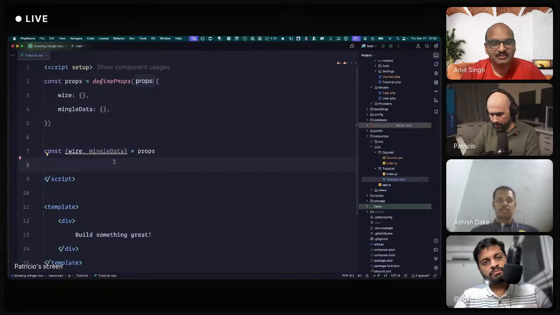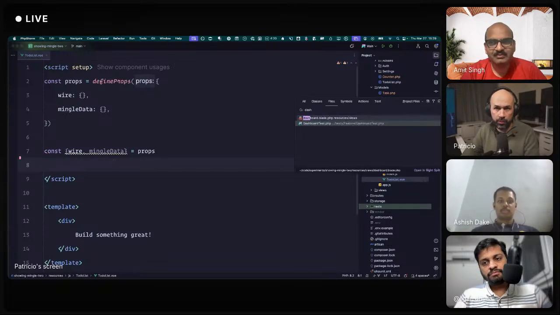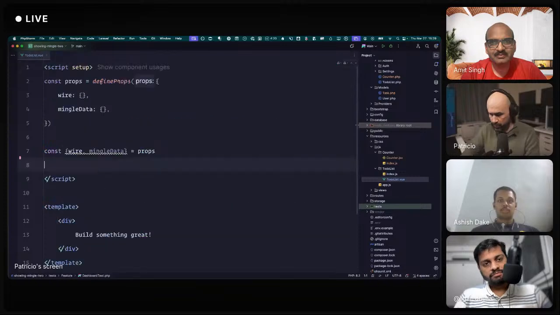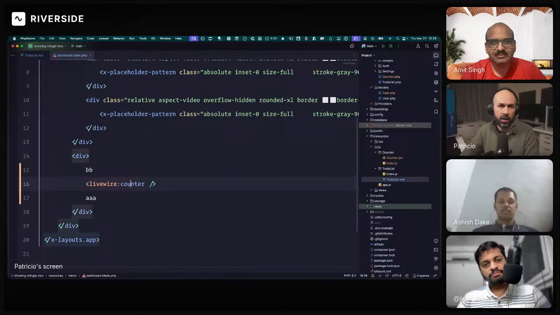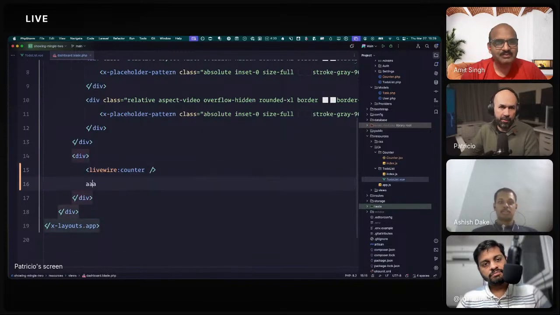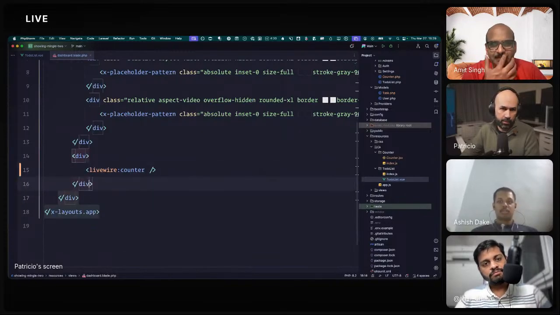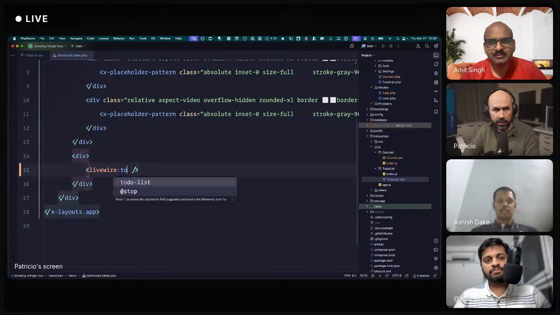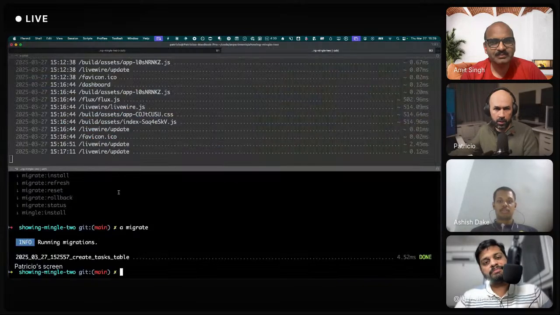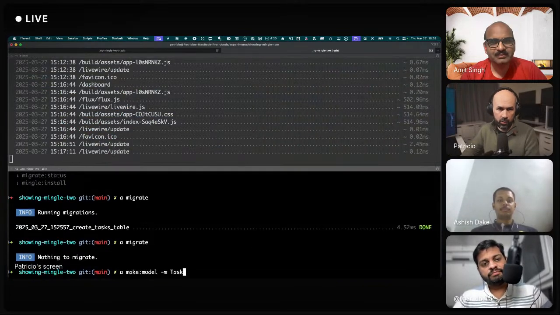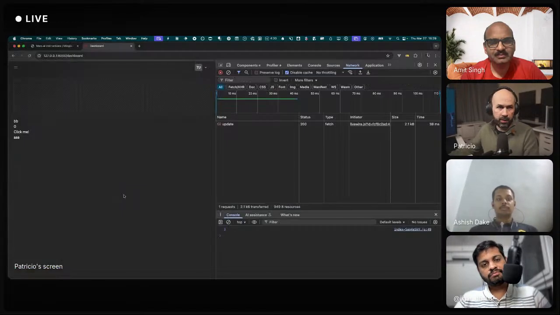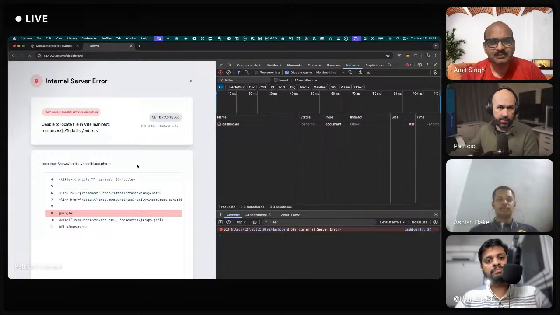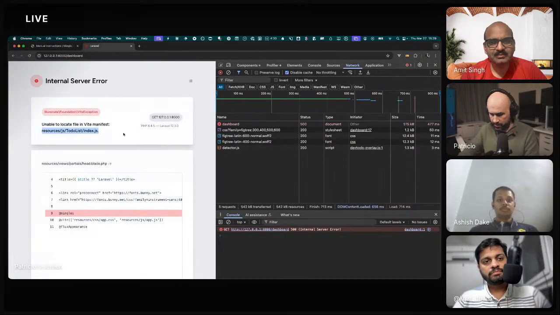Let's bring in the dashboard view, not the test. Let's clean it. Instead of the counter, we will have the to-do list. And if all goes well, this build is, oh, of course.